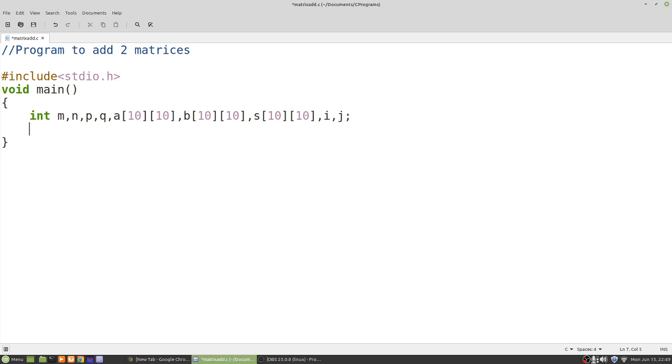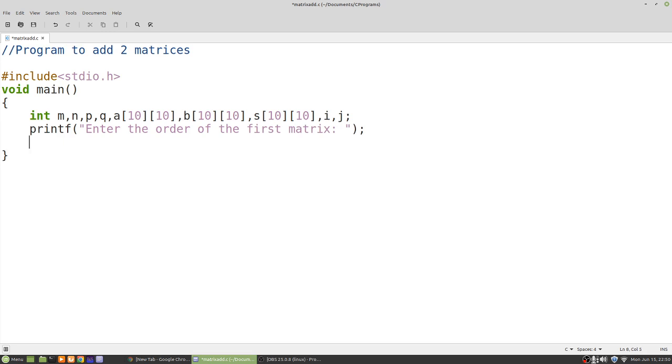First thing we need to ask is, enter the order of the first matrix. We will scan the order. Order means you have to enter two numbers, m and n.